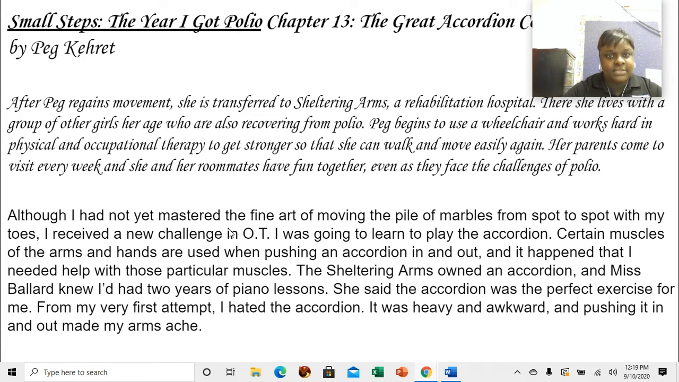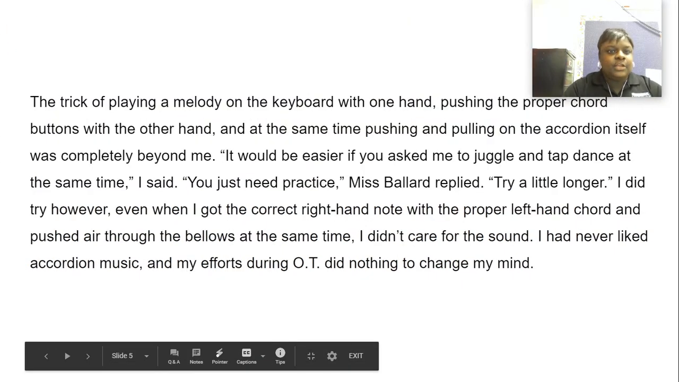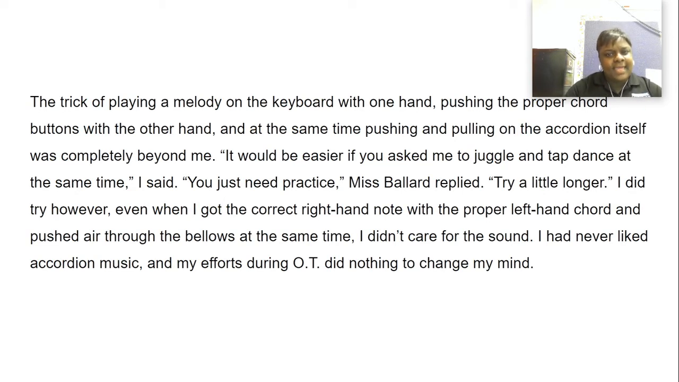From my very first attempt, I hated the accordion. It was heavy and awkward, and pushing it in and out made my arms ache. The trick of playing a melody on the keyboard with one hand, pushing the proper chord buttons with the other hand, and at the same time pushing and pulling on the accordion was completely beyond me. I mean, it would be easier if you asked me to juggle and tap dance at the same time. I said, "You just need practice." Mrs. Bolliard replied, "Try a little longer." I did try. However,